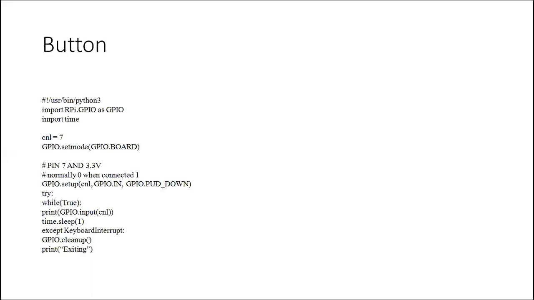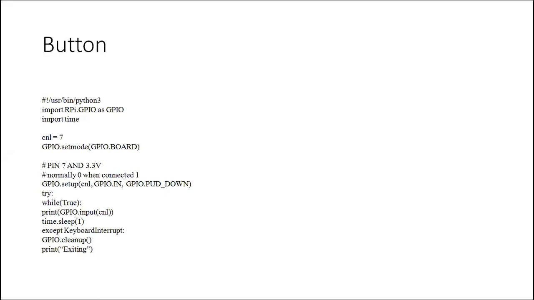Whenever the user presses the button, you are printing the status, so it keeps on printing the status. If a user presses, it will print 1, and then you are calling a sleep method. After some time, if the user has not pressed, it will print 0. This process will be repeated in an infinite loop. Whenever you design an embedded application, you should write the program in such a way that it will be running in an infinite loop.